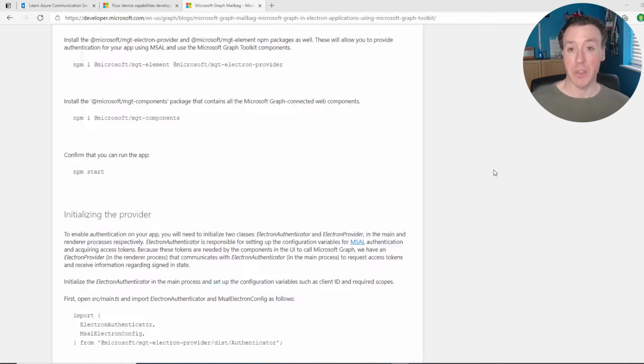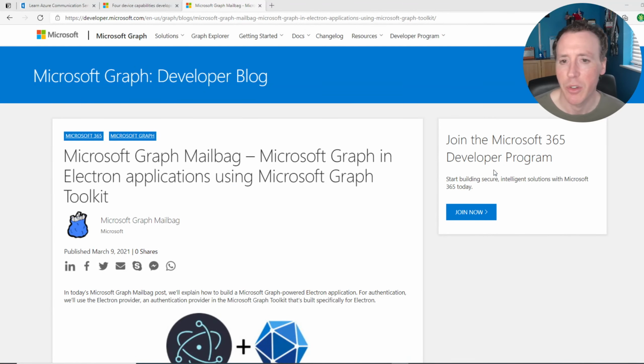If that sounds interesting to you, I've never really played with Electron. I've never really looked into Electron as a wrapper. I haven't really needed to, to be honest. It's kind of an interesting use case. It's interesting to me as well to see Teams apps. They're a kind of